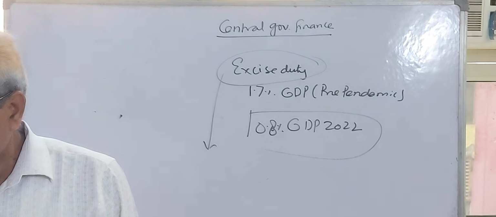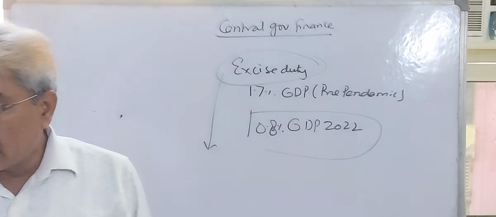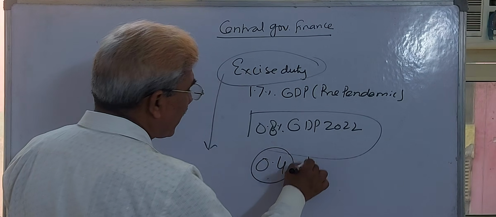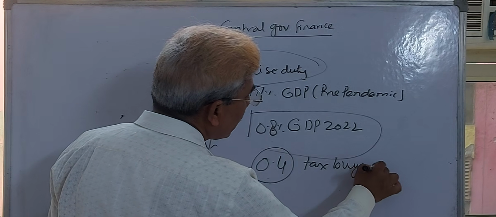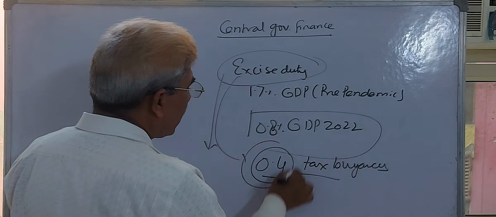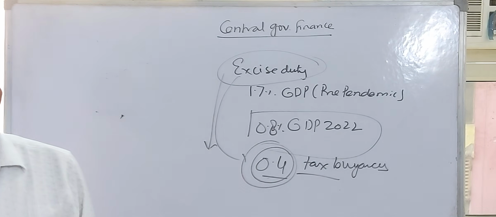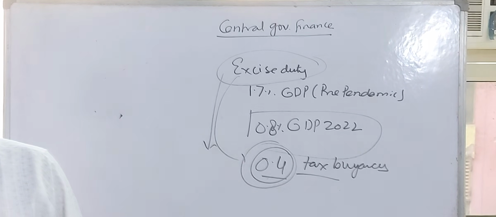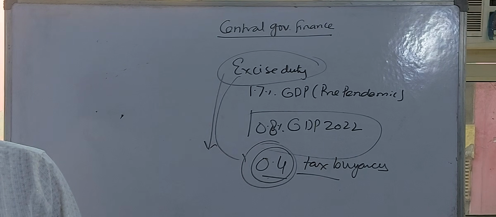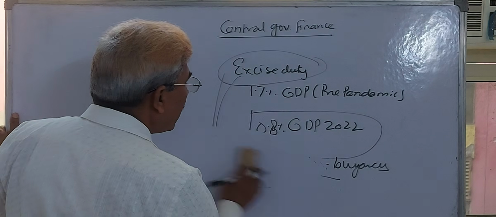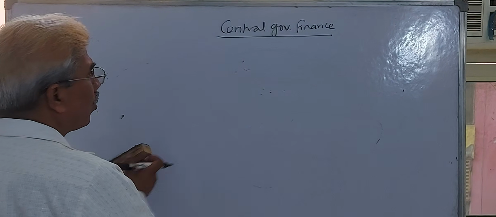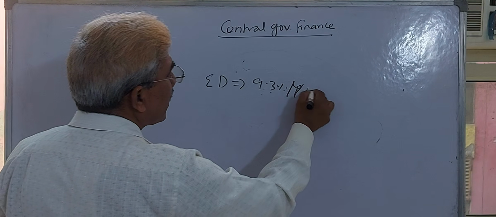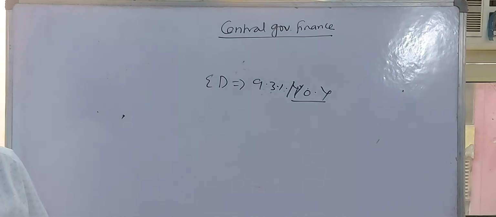Similarly, if you think about the tax buoyancy of excise duty, which is very low, 0.4%, that is also going to affect the whole economy. Similarly, if I give you the data on excise duty collection year by year, the growth rate of excise duty collection is 9.3% on a year-on-year basis,